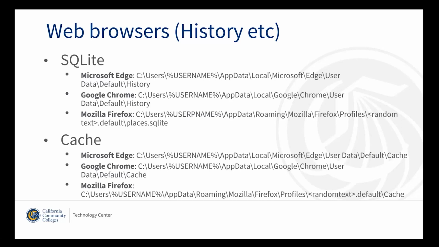So there's also a cache as well, which has a lot of information about what the browser did. So this is for reference here. So the browsers are important. I think a lot of people call browsers the new LSASS because they always go everywhere, and they always have credentials cached everywhere, right? So it might be interesting to see what credentials were cached, what type of credentials